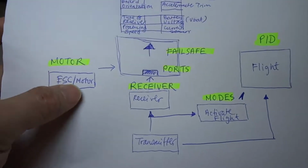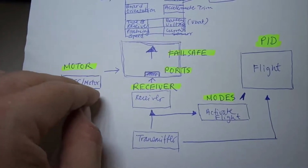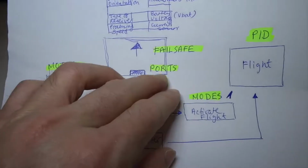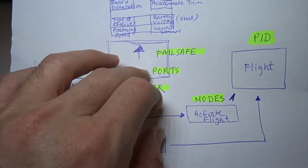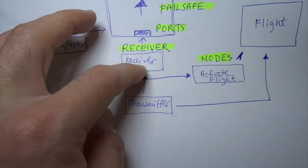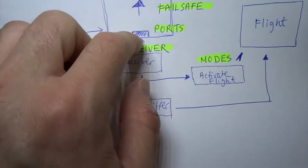Then of course you have the motors connected, so you need to know what sort of motors, what sort of electronic flight speed controller. Then you have the receiver ports, and also you have different ports here that you can connect other things to the flight control board. So the receiver basically reads information, takes information from the transmitter, and the flight control board has built-in certain modes